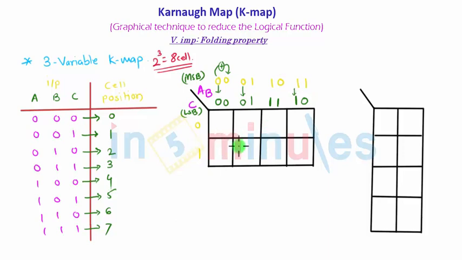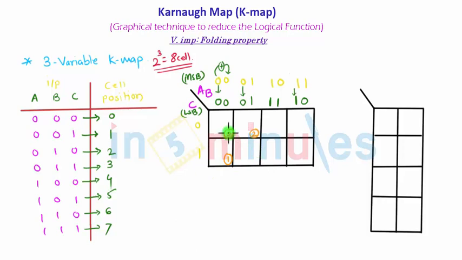Now you will fill up the cells as your input table shows: A, B and C. So let us consider this first cell where A, B, C is 0 0 0. This will be the cell corresponding to the 0th location. The cell next to it will be 0 1 0, corresponding to the second position. So this will be the second position. The bit which is below the 0, where AB is constant 0 0 and C is 1, is nothing but the first position. So this is position number 1.